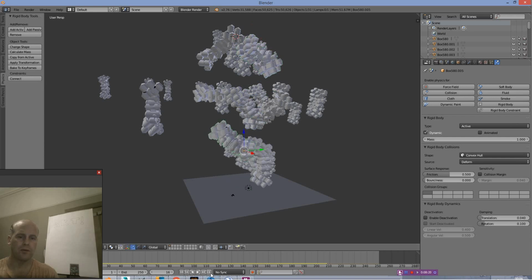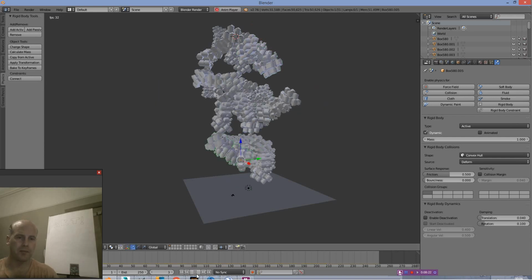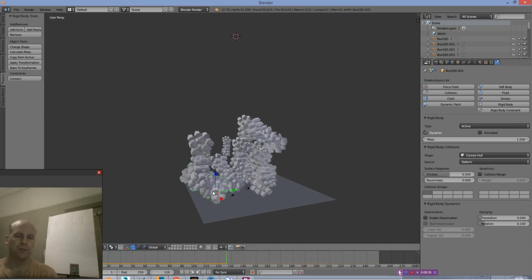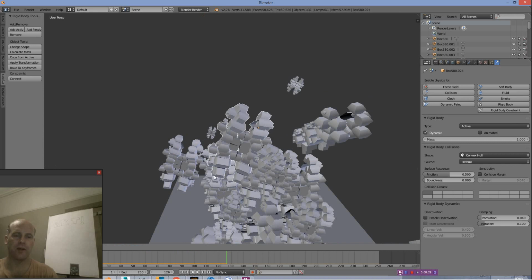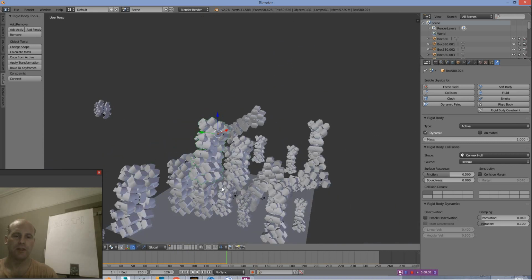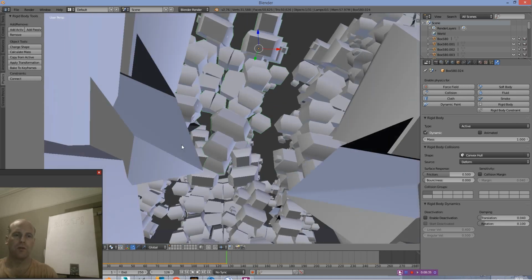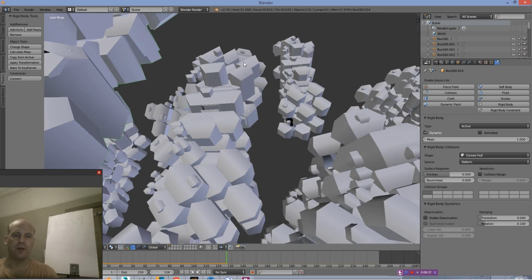Okay, that's cool. Let's take it back. Okay, so now we've got like a scrap yard collision going on with random objects, and look, we've got a kind of cool sort of weird environment going on